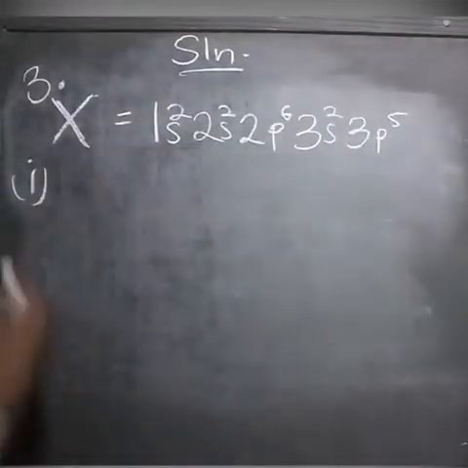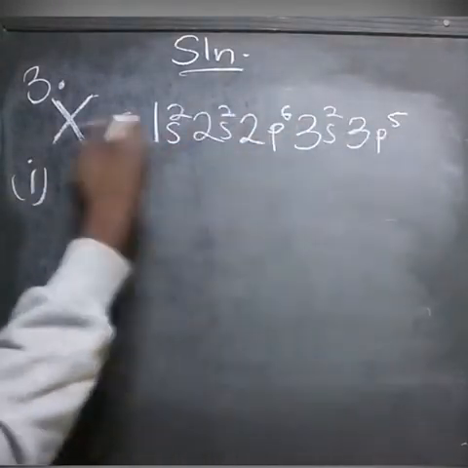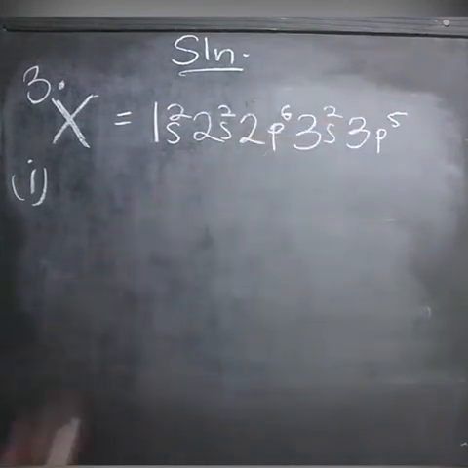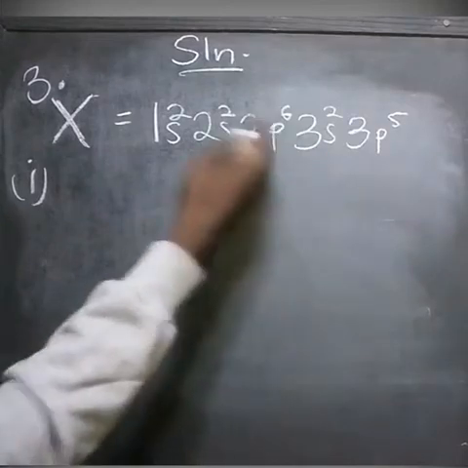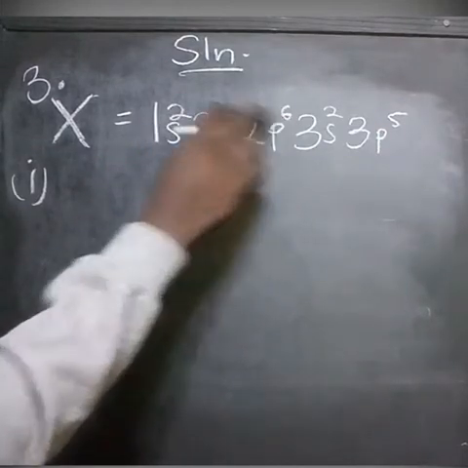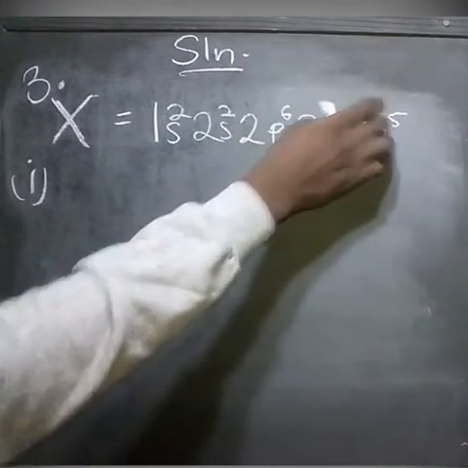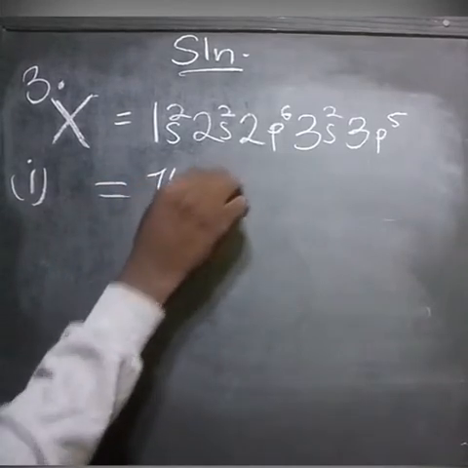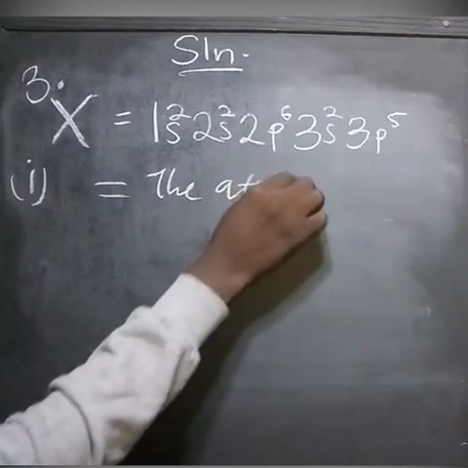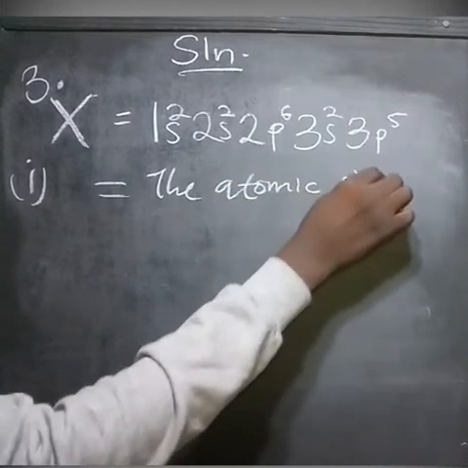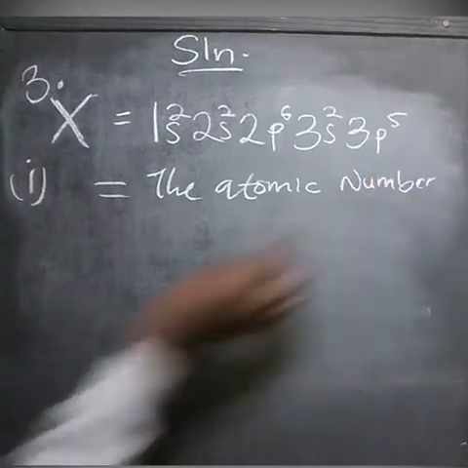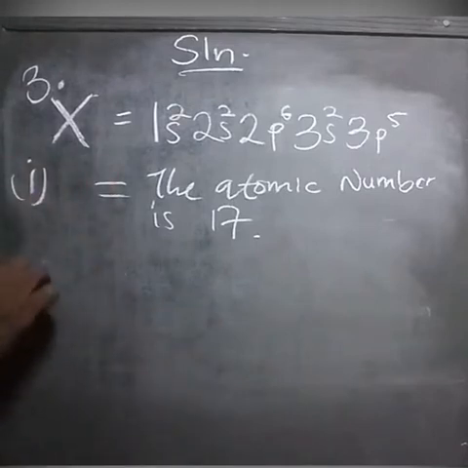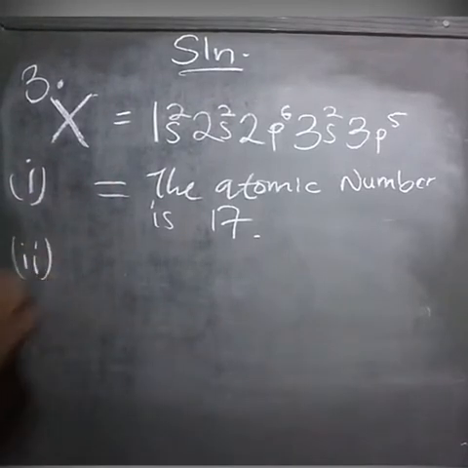To deduce the atomic number of the element, simply you have to add the powers that are there at the superscript of the configuration. So when you add these two with this 6, you have 10, together with this 5, 15, and 17. So the atomic number is 17. This is the Roman figure 1 answer, while Roman figure 2 says,